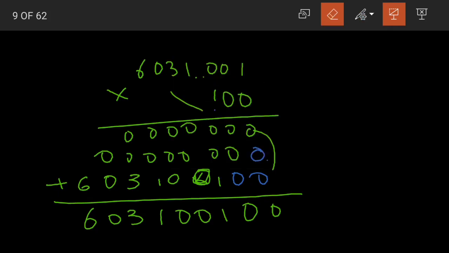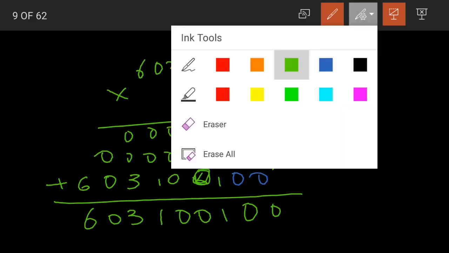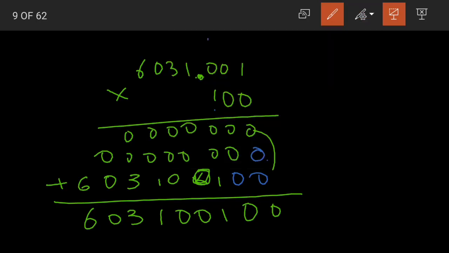But what are we missing here? We have to consider the fact that there is a decimal number. It is having a decimal point. Now can you count the number of decimal places, children? We have 1, 2, 3 decimal places. After 3 digits from the right, we are having our decimal point.